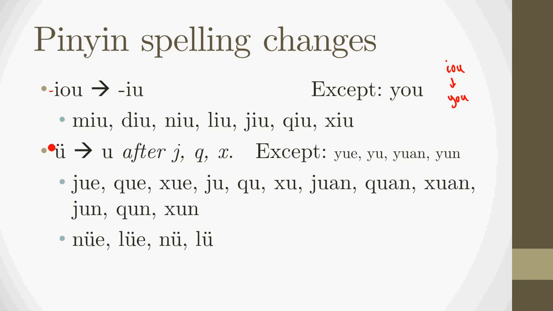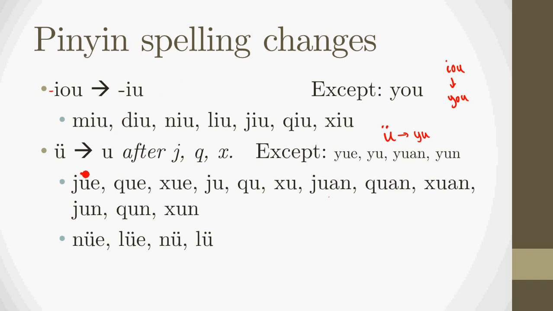Okay. Next one is that we change a U in any case to a U after a Ji, Qi, or Xi. Okay, the exceptions are Yue, Yu, Yuan, and Yun, which also kind of remove the little umlaut, which we kind of touched on before when we took the umlaut and we changed it to yu. That's kind of absorbed into that little rule. But here we have jue, xue, xue, ju, chu, xu, juan, quan, xuan, jun, chun, xun,